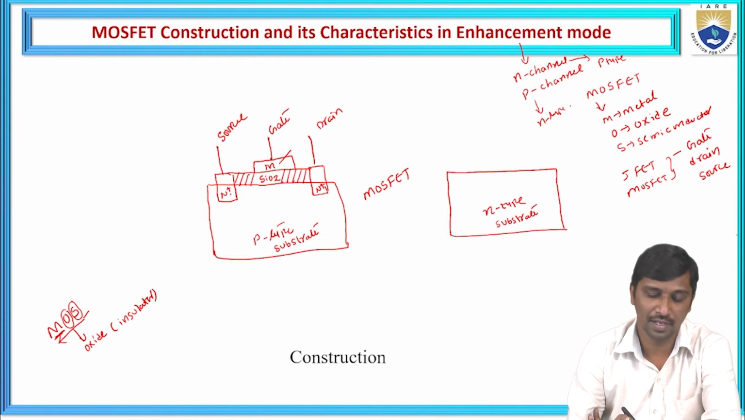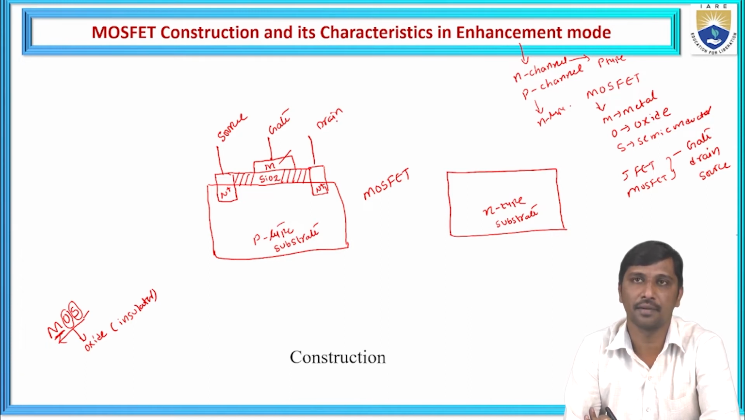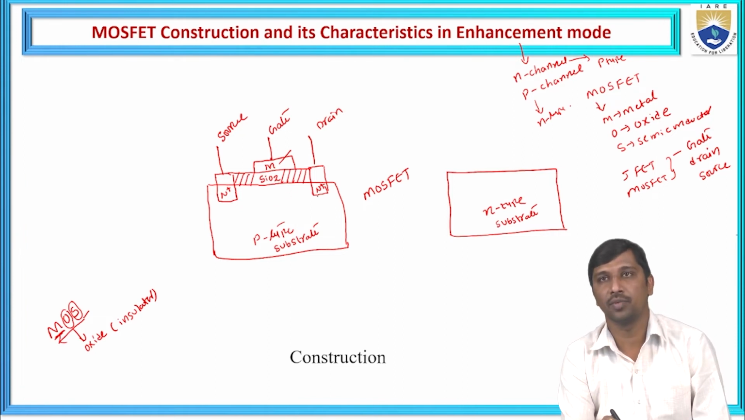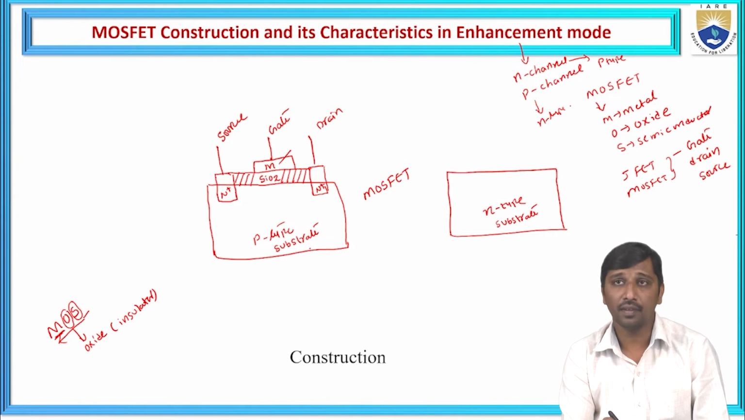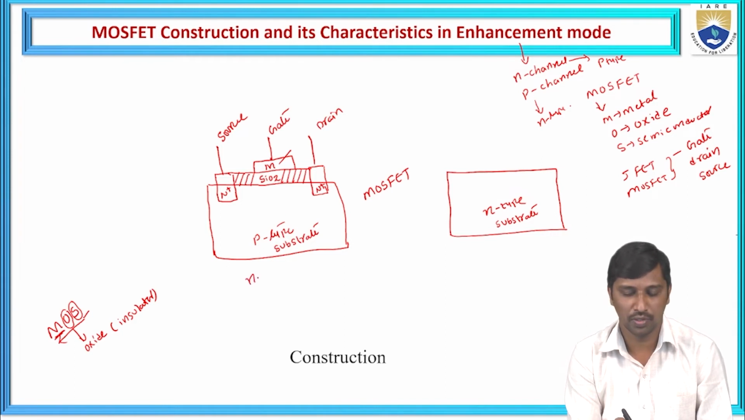So one end, the N plus diffusion, is represented as the source. Another N plus, heavily doped N diffusing material, acts as a drain. So between the source and the drain there is no channel, and this type of construction belongs to enhancement mode MOSFET. Here the substrate is defined with a P type, and this type of construction belongs to N type